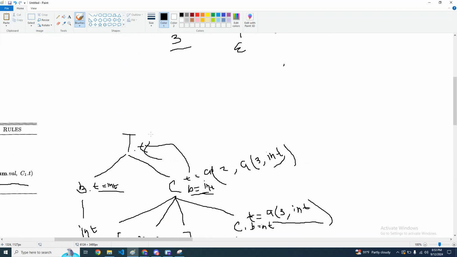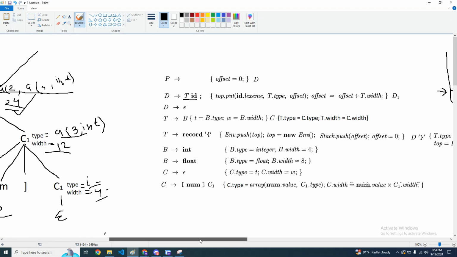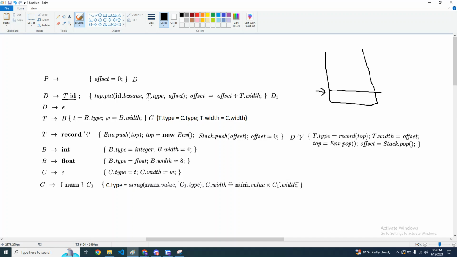We have calculated the variable type here, the size here, which is 24, right? So we are going to put the type and the offset in the symbol table for variable a. Now we are going to move the offset to offset plus t dot width, right? So the offset was 0 and the width was 24. So the new offset will be 24,